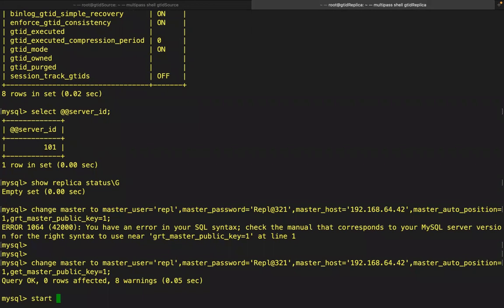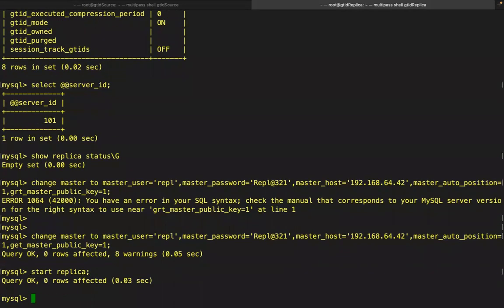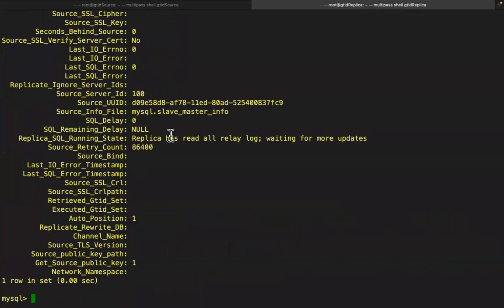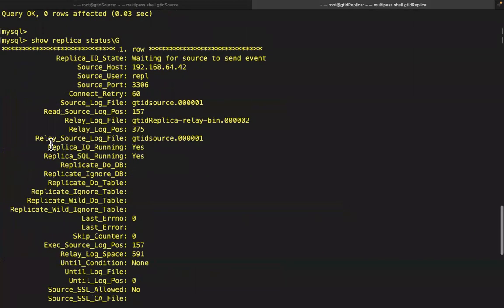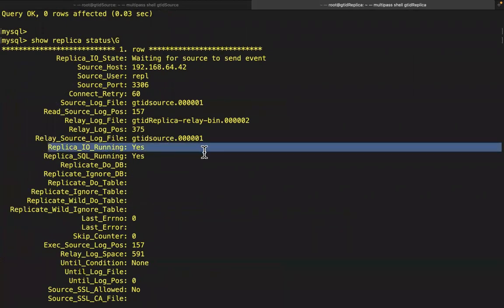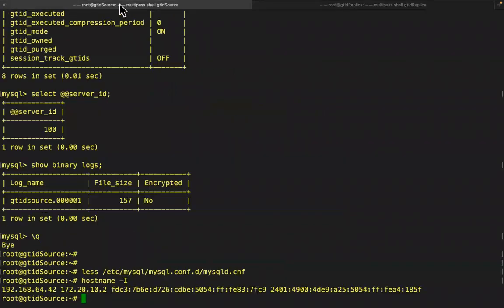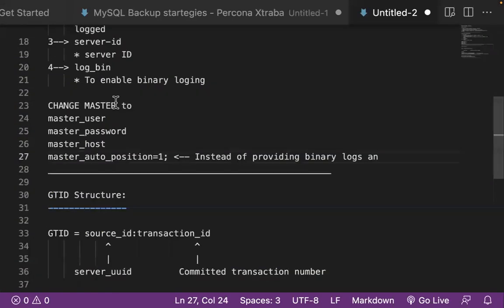Now start replica, and I am checking the replication status. Here I can see the IO and SQL threads are both running. So now we have configured the GTID replication. We enabled the GTID related parameters first, then we started the replication. Okay, now we can try to understand